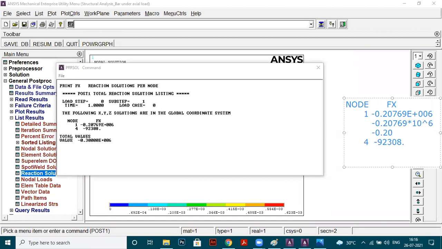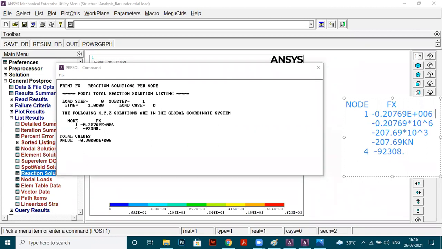Otherwise, I will directly take that 207.69 into 10 raised to power 3, and that is nothing but minus 207.69 into 10 raised to power 3. It is nothing but kilo. So I will write down these are kilonewton, right?